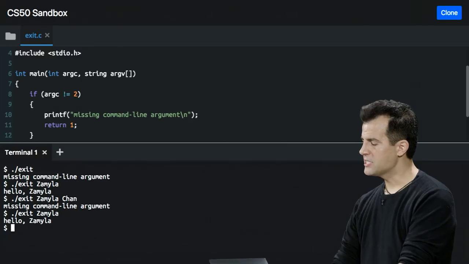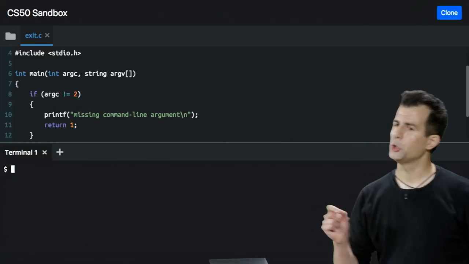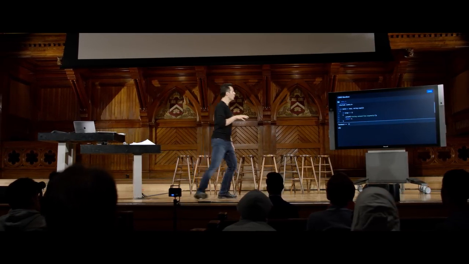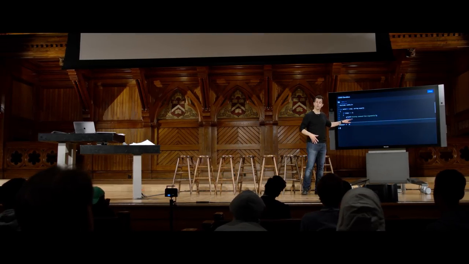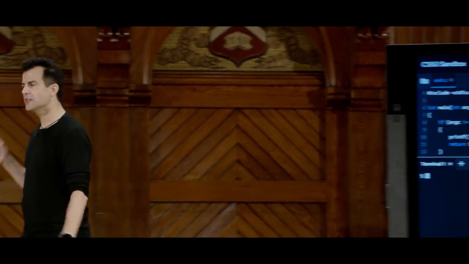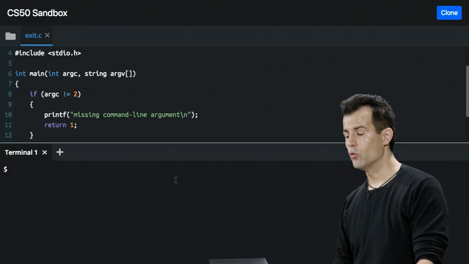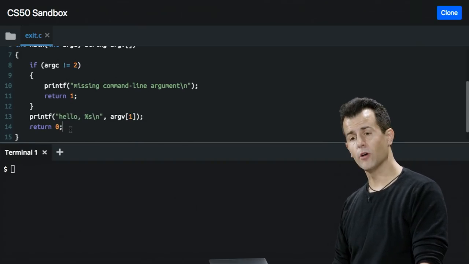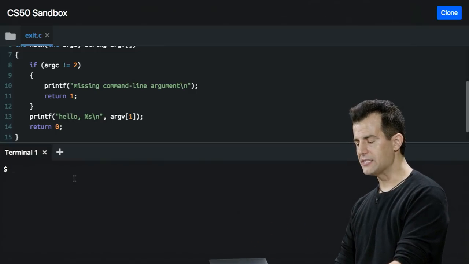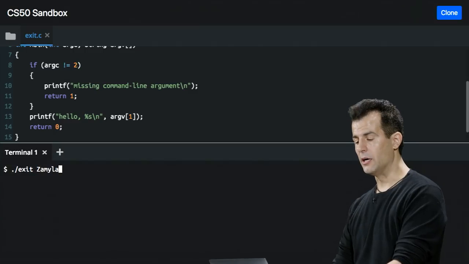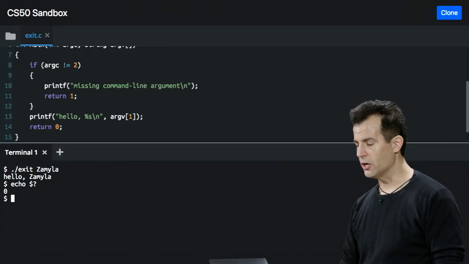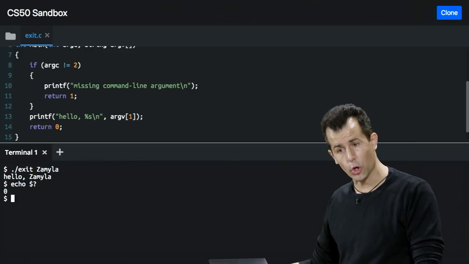But it turns out I'm seeing visually the error message. But it turns out the computer is also signaling to me what the so-called exit code is. So long story short, we've already seen examples last week of how you can have a function return a value. And we saw how Erin came up on stage, and she returned to me a piece of paper with a string on it. But it turns out that main is a little special. If main returns a value, like 1 or 0, you can actually see that, albeit in a kind of non-obvious way. If I run exit, and I run it correctly with Zamila as the name, if I then type echo $? of all things, enter, I will then see exactly what main returned,